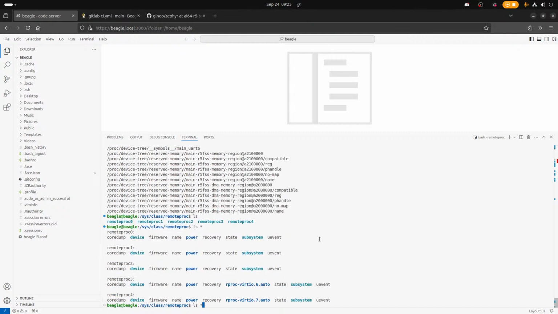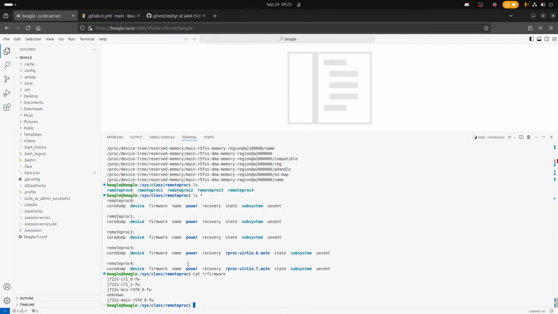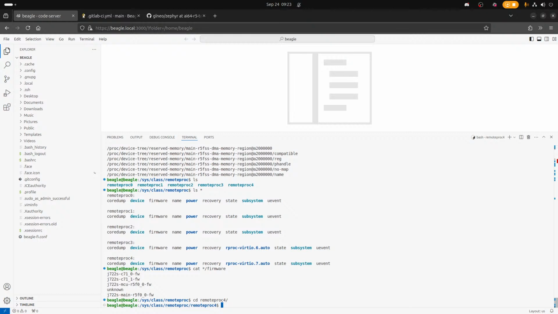So devices are just going to be links. Oh, the firmware name. That's how I could do it. That's going to be, so 1 0 1 2 3. So it's 4. And I should just be able to do.